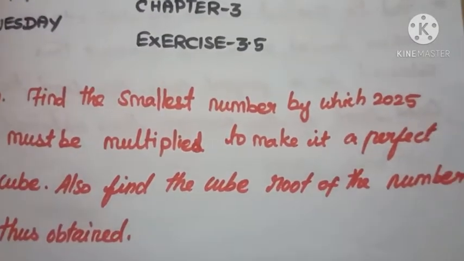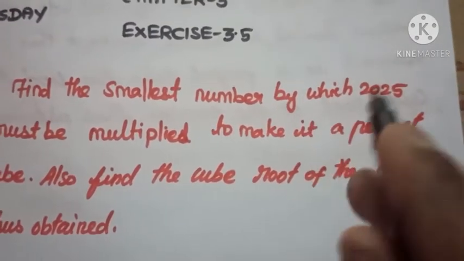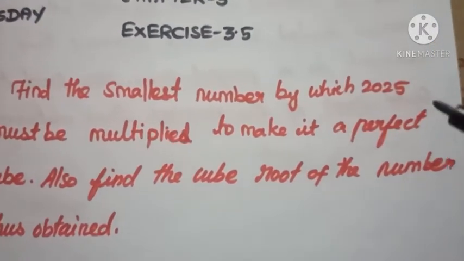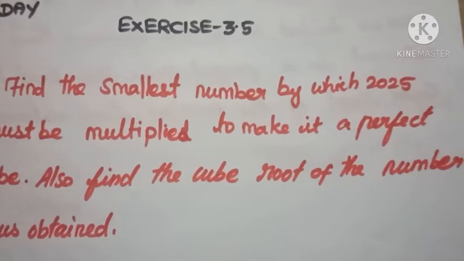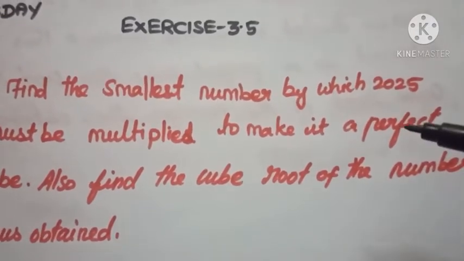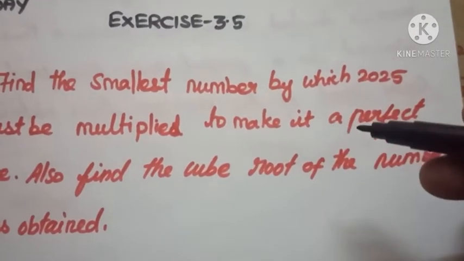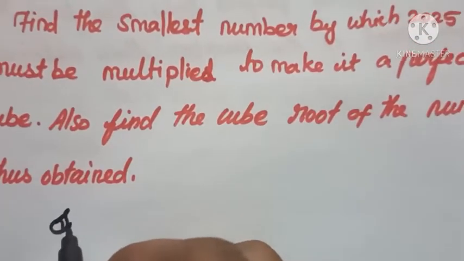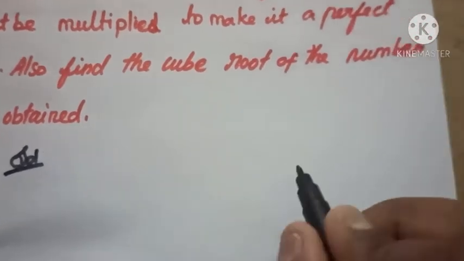How do you find out whether this is a perfect cube or not? Once you find the cube root using prime factorization, the factors should be in triplets. If any of the numbers is not in a triplet, we say it is not a perfect cube. So we are supposed to make that factor a triplet. Okay, so in the solution I have to take